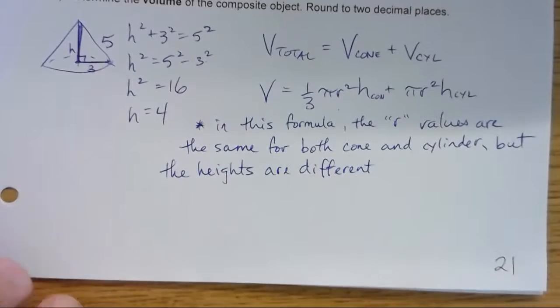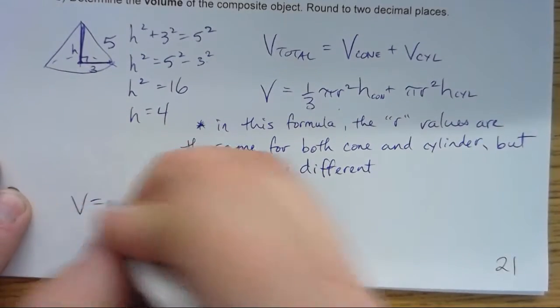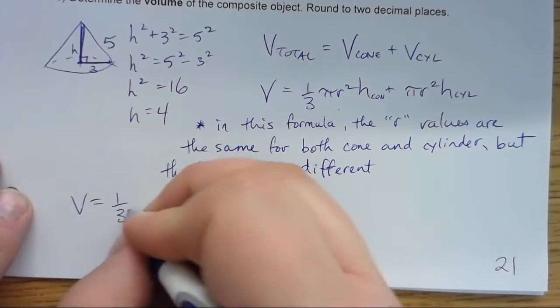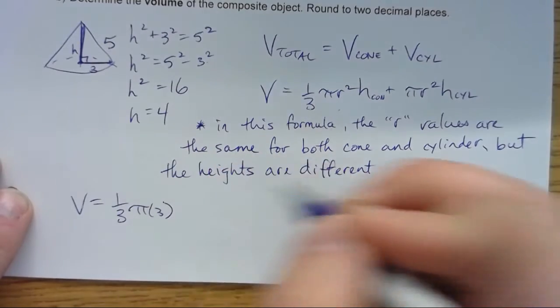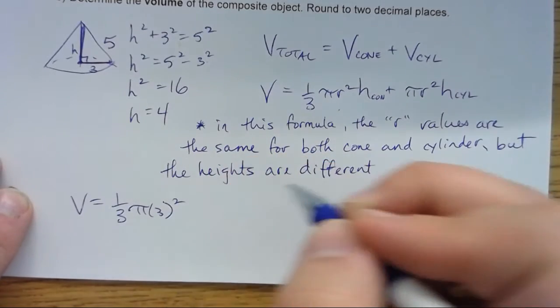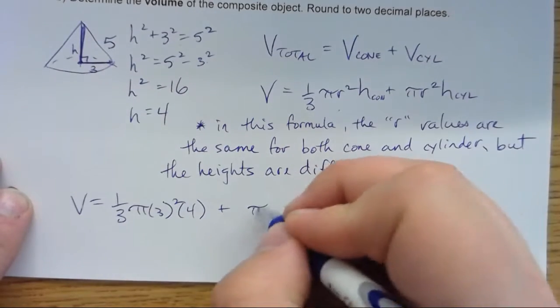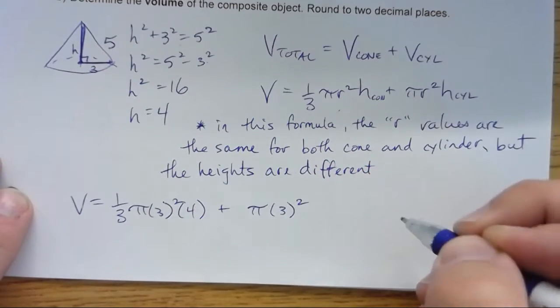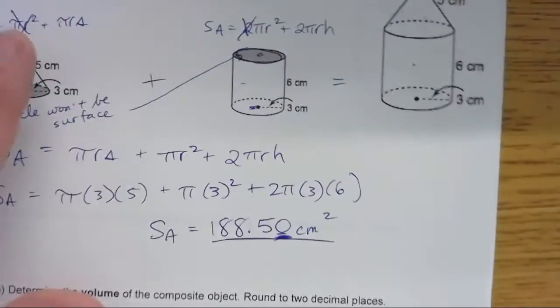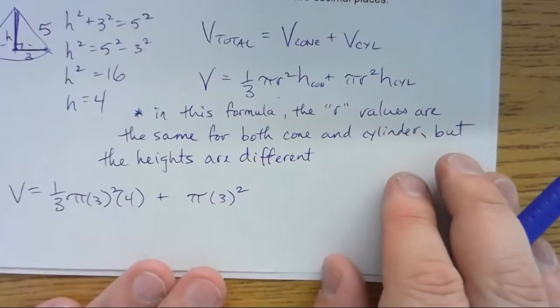Okay, so now that we got that kind of cleared up, let's put in the numbers. 1/3 pi r squared, and what did I find? H was 4, plus pi r squared, and the h on the cone, what was the h on the cone again? Way back here, it was 6. I have to check that back, I forgot. Pi r squared